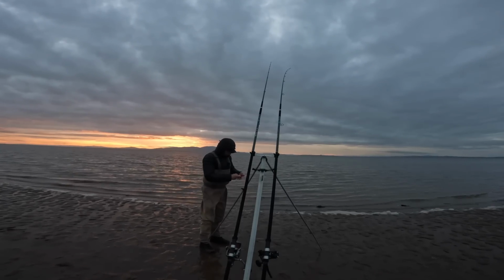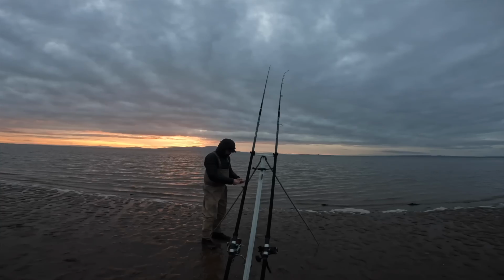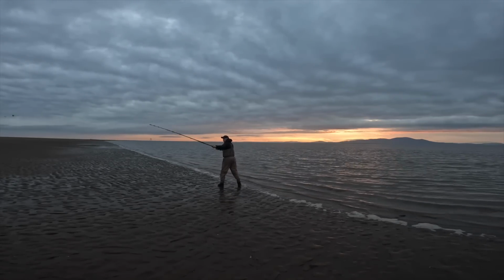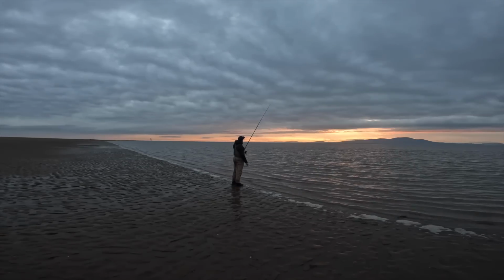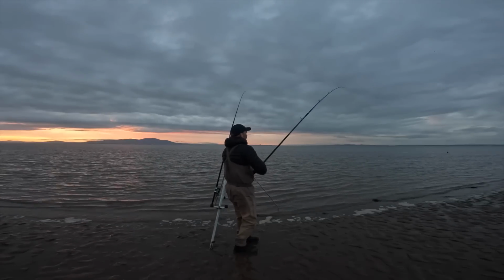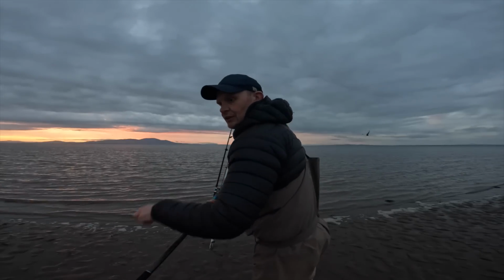Right, the laziness has kicked in, because all I'm doing is just lashing another squid on. Let's get that back out. Let's get a fish. Anything to avoid the blank. Well, weed has been very, very tricky this session. Just horrible,